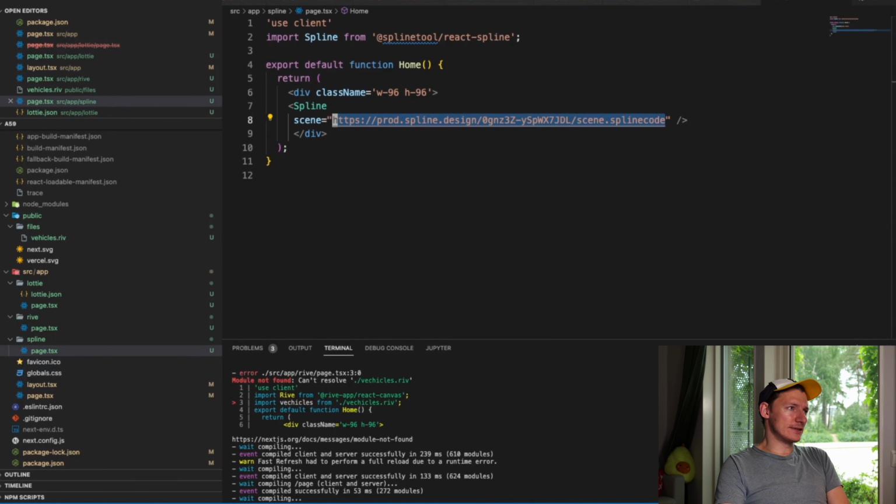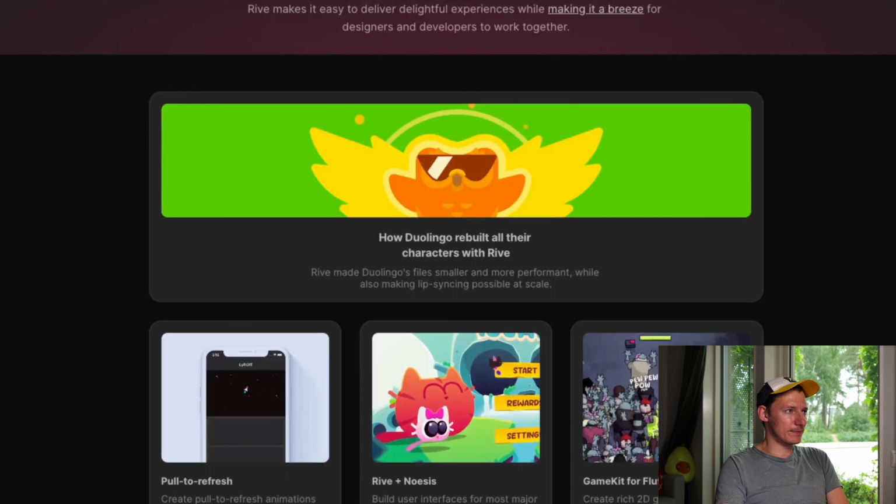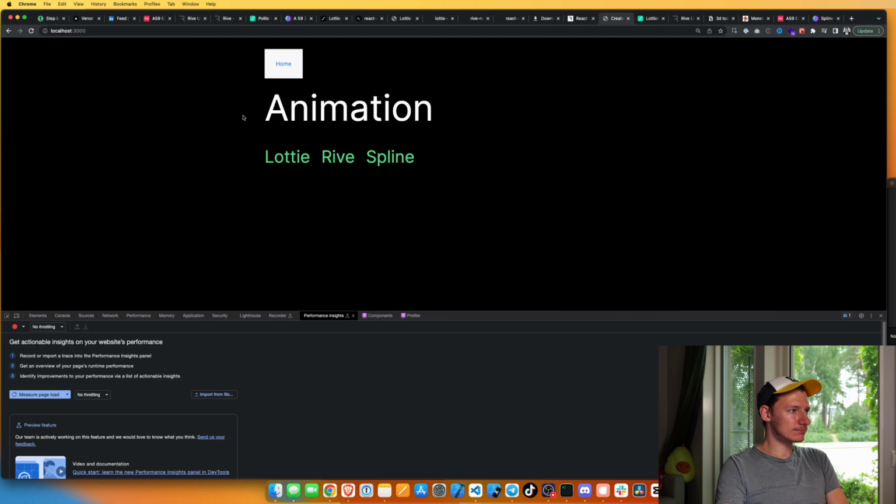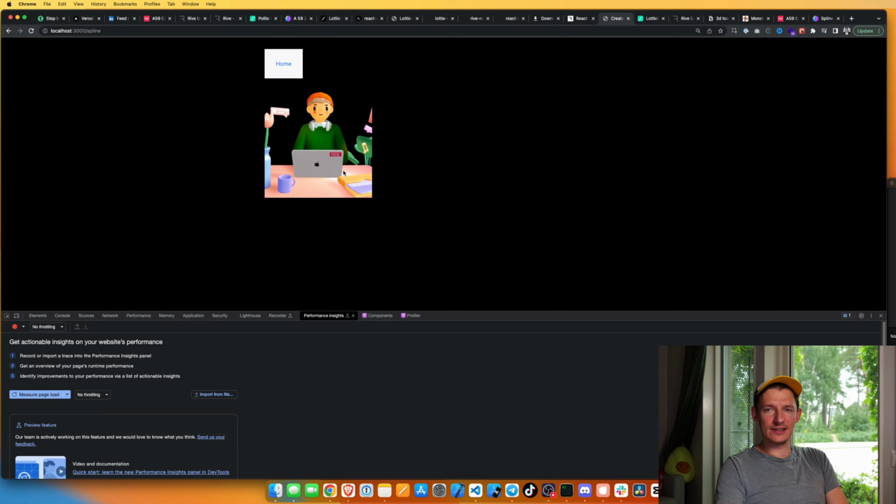And also it takes quite a lot of time to load. So I built a test app. So if we go here and use Spline, as you can see, it takes a while to load,